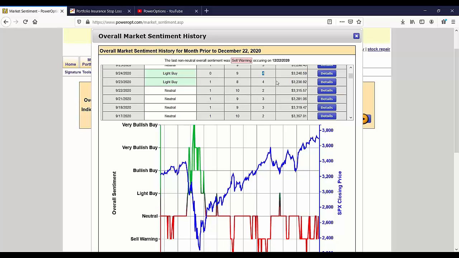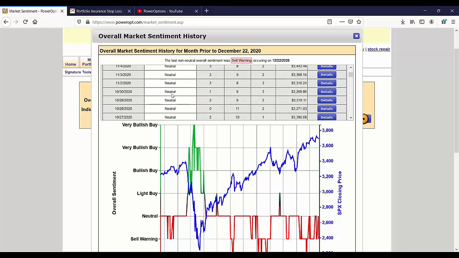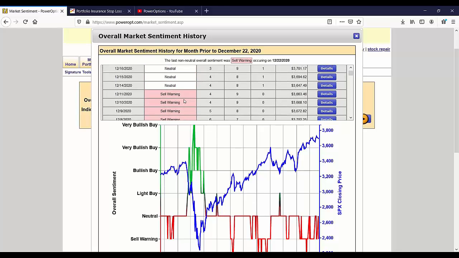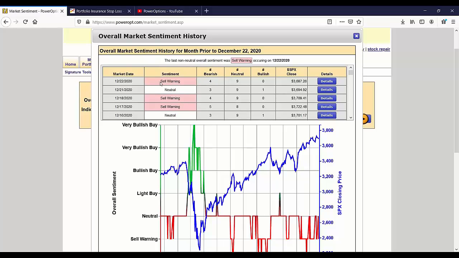We were pegging out at 4 bullish indicators and no bearish indicators, with 9 neutrals as well. That's how I use this tool. This bearish sell warning is a little bit of hesitation for me. But after the recent neutrals and then some sell warnings, I'm still